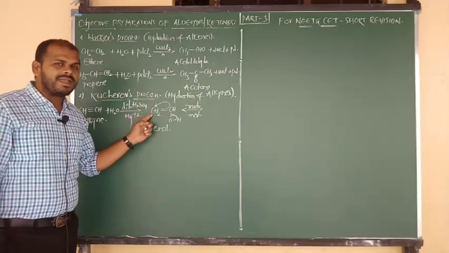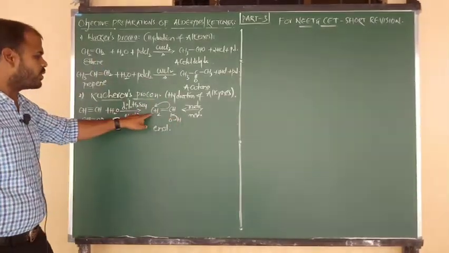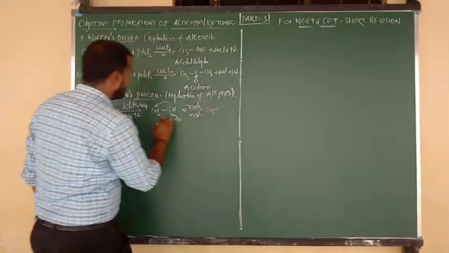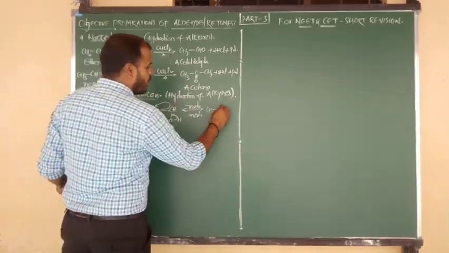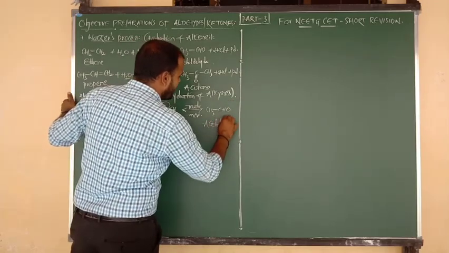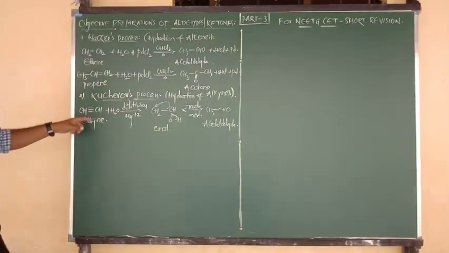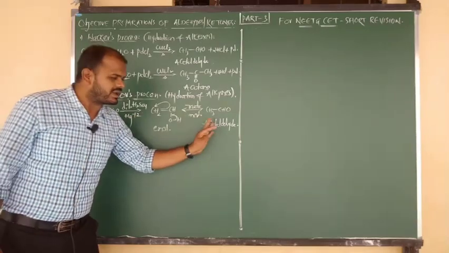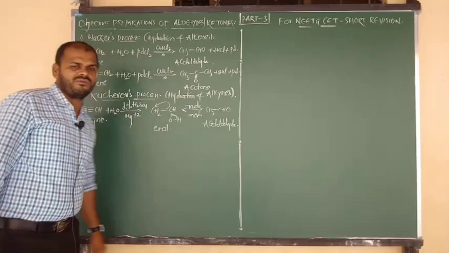CH2, by gaining, has a negative charge, and it is attacked by H plus. So H plus undergoes rearrangement towards the CH2. CH2 becomes CH3. The double bond becomes a single bond. The remaining is CHO, or we can say C double bond OH. So what is the name of the product, beta? Acetaldehyde. Once again, ethyne on hydrolysis using dilute sulfuric acid gives the product, nothing but what, beta? Acetaldehyde.